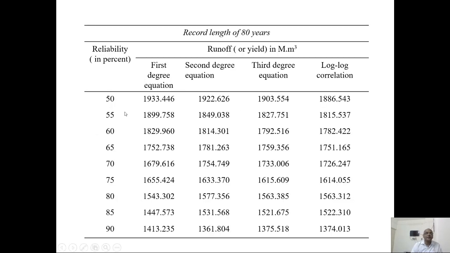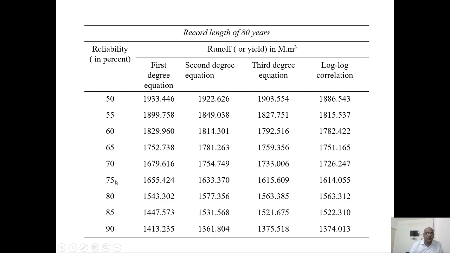So these are the values. The reliability is expressed in percentage. Reliability is also known as the dependable yield, and the reliability is expressed in terms of percentage: 50, 55, 60, 65, 70, 75, 80, 85 and 90. These are the values of runoff in million meter cube obtained by the first degree equation, then by the second degree equation, third degree equation, and the log relationship. These values are tabulated in this table form, and for different dependable yields we use these values for further